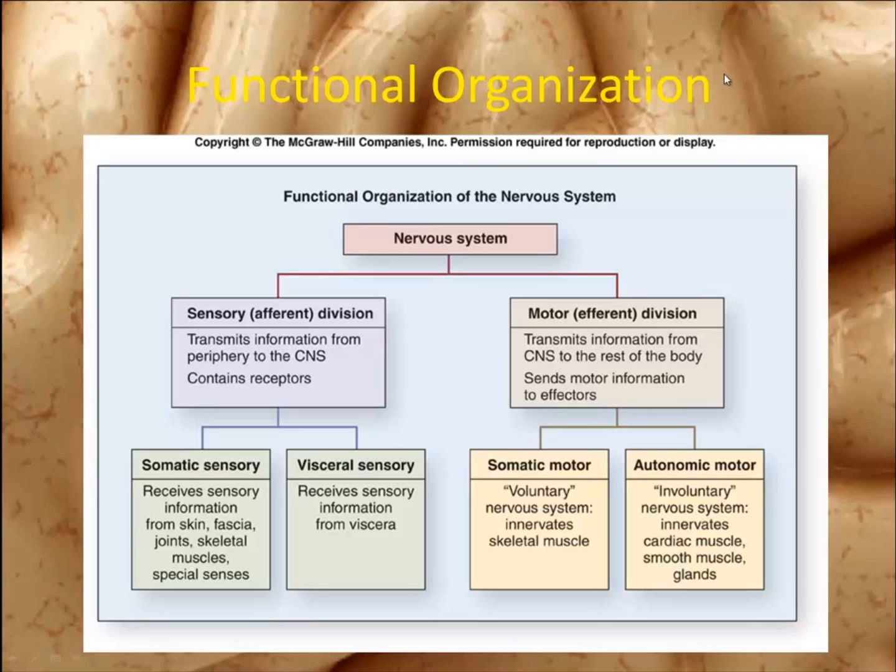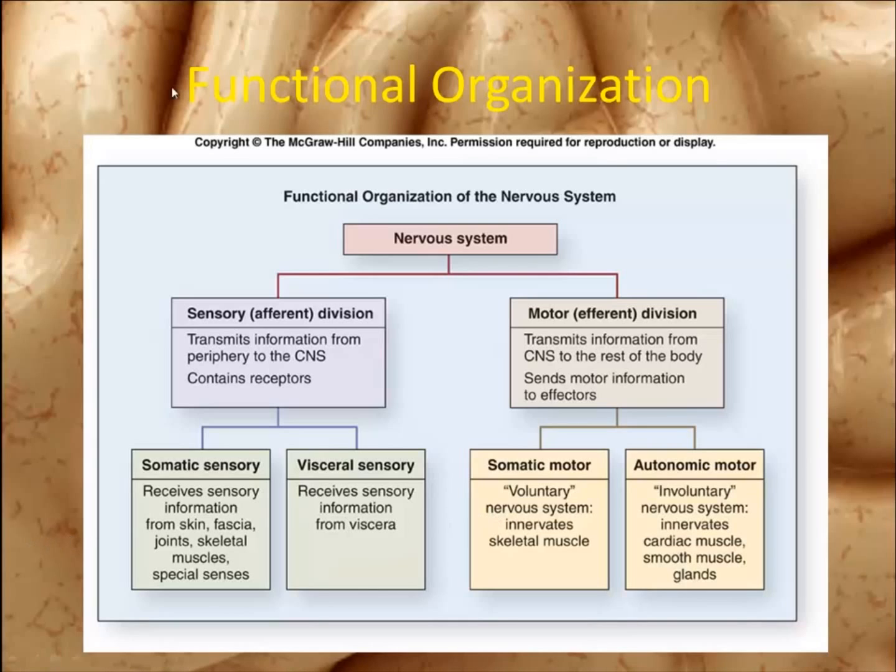Now, just a little bit about functional organization of the nervous system. So we have the sensory or afferent division, and this is transmitting information from the periphery to the CNS. This can be further broken down to a somatic sensory system and a visceral sensory system. The somatic sensory system is going to be information received from our skin, our fascia, our joints, skeletal muscles, and special senses, while our visceral sensory system is receiving information from our viscera, or what's in the area of our stomach, our blood vessels, those types of places. Things that we're not always conscious of what's going on,